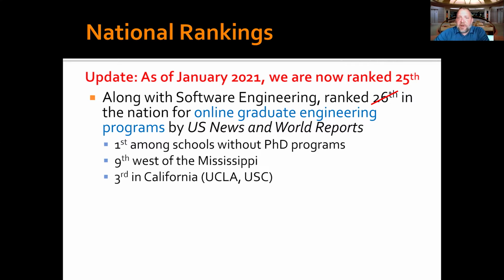We're also 9th west of the Mississippi River, so we're doing pretty well as an online graduate engineering program, which explains possibly why you guys are here to begin with. We're also very, very inexpensive. You hopefully know that if you are a California resident, the entire program, except for testing fees and books, is less than $15,000. Which, honestly, when I learned that, I thought to myself, that is a bargain.